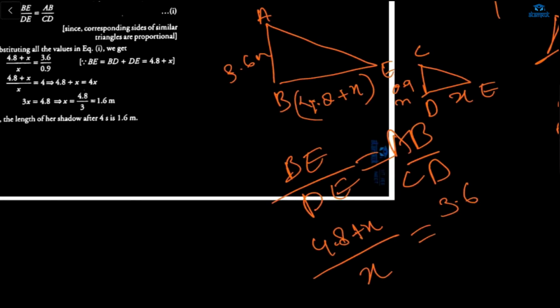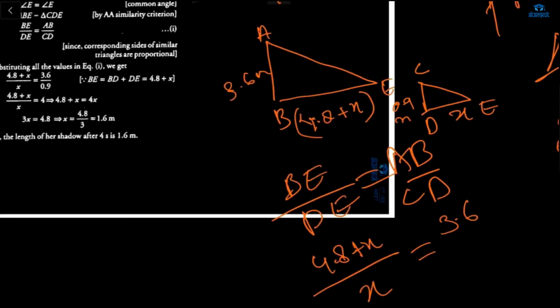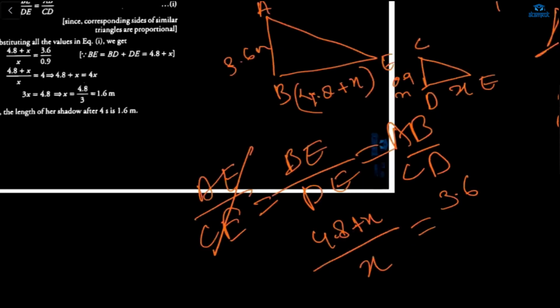Why are you taking AE by CE? AE by CE is also correct, Shazan. All the three sides will be in proportion. But you don't know the value of AE by CE, so we are just going to eliminate this. We are taking these two sides only, because these two sides' values are known, and only one value is not known. AE by CE will also be equal, but we don't know the value. Why bring it here? And then CD